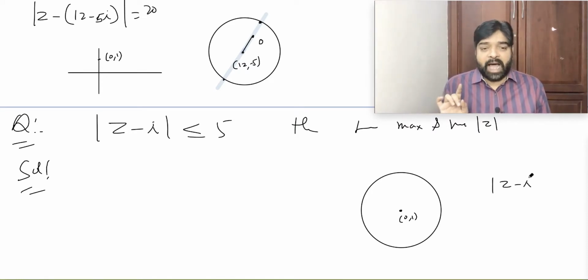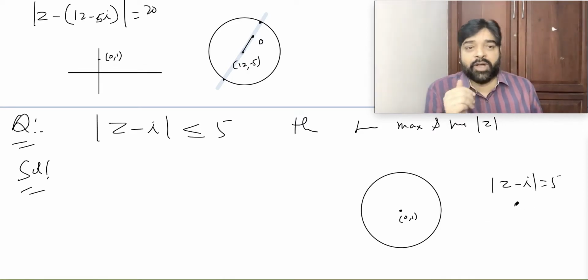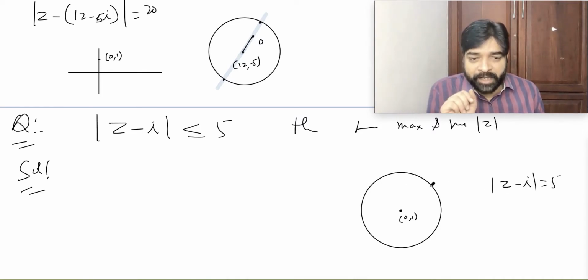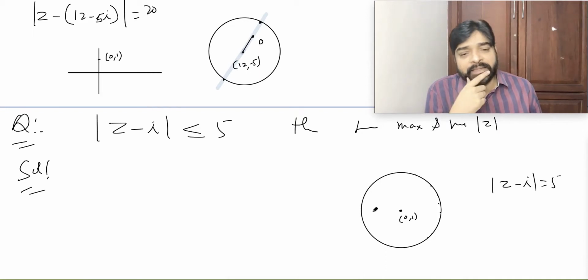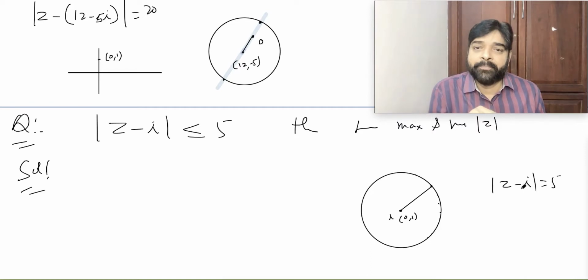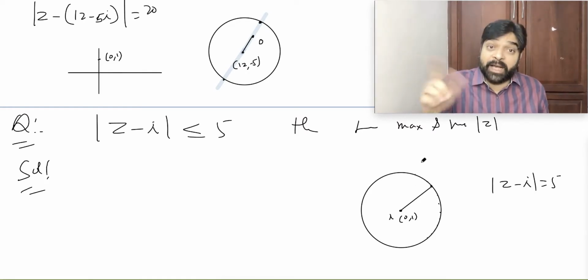Mod of z minus i equal to 5. In this situation, z represents where? Z is falling on the circumference. If anybody asks what is the location of z, you will say everything is z. This z, this z, all these are z. Yes or no? Sir, why is it z? Because mod of z minus i equal to 5. If this is a z and this is your i, this length should be equal to 5. Yes or no? That's why z is here. Z is here. Because if z is here, the mod of z minus i will become more than 5.